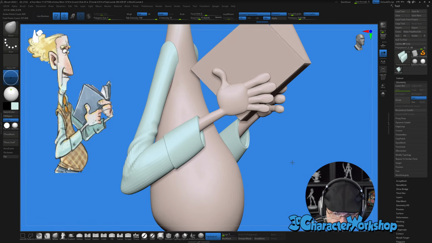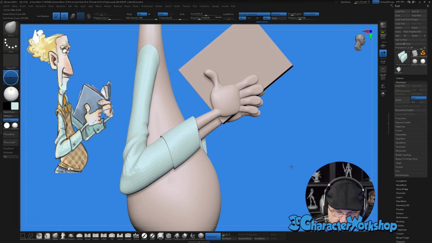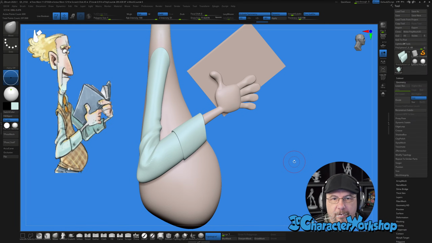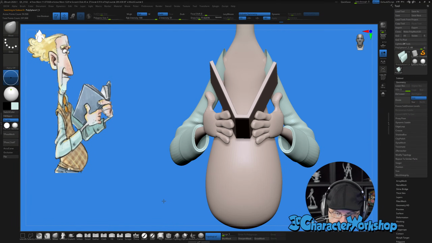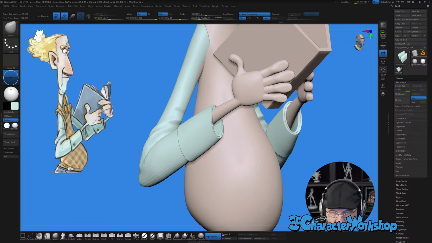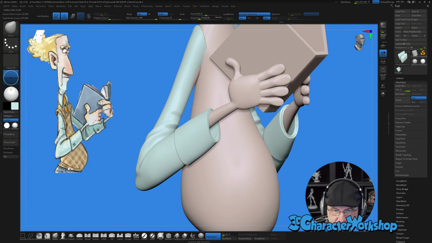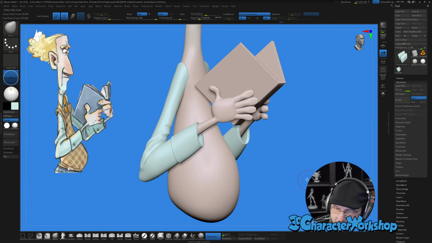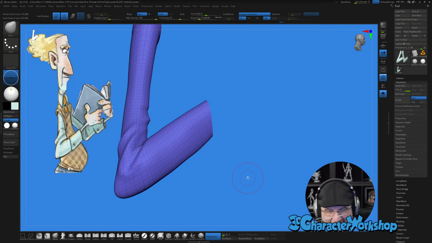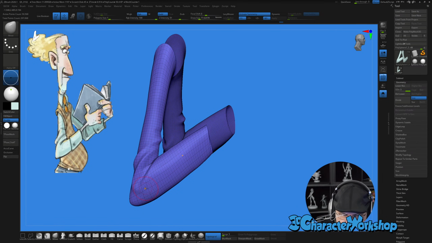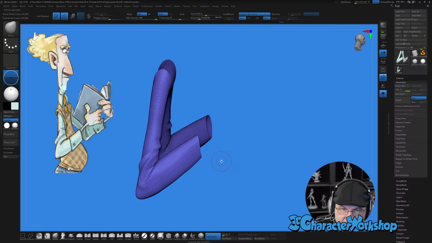Add some thickness to these sleeves. And then I can delete the arm on the inside of this sleeve now because I've used it. Now, if you have subdivisions, it's kind of hard to delete a section.